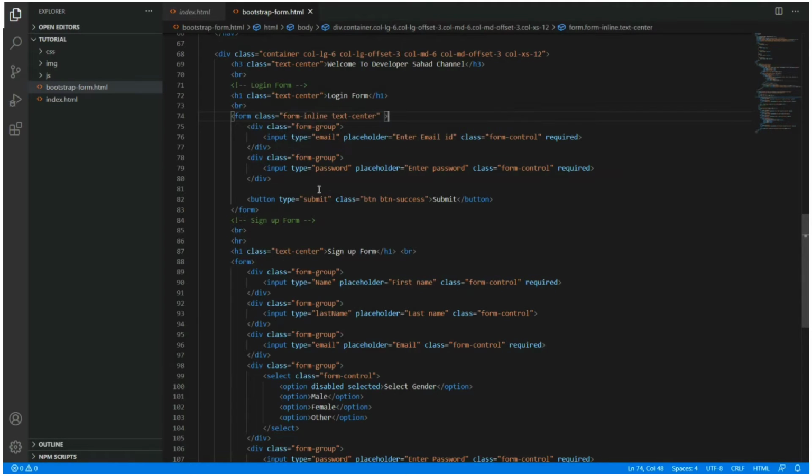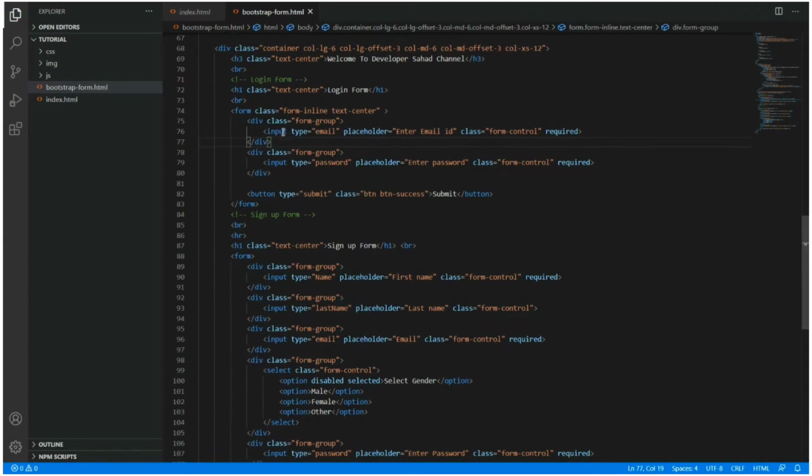When you're creating a responsive form, you just need to add this class, the form-group class. As you can see, I have implemented this on every text box. You mention your form group, then you add the simple input type. Your type is email, and the type depends upon your text box. If you are just giving users only text, then you mention text. Here I have written password.